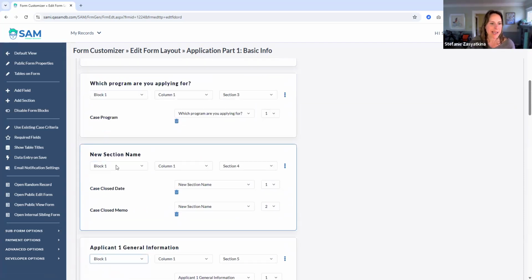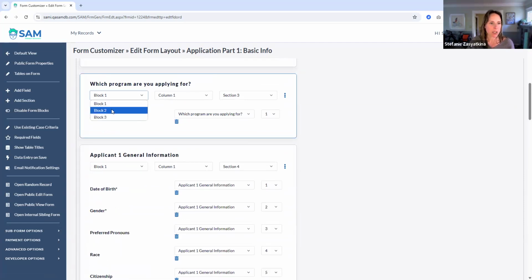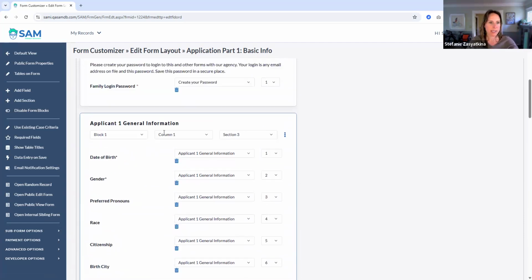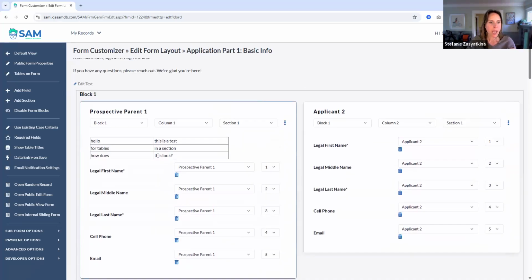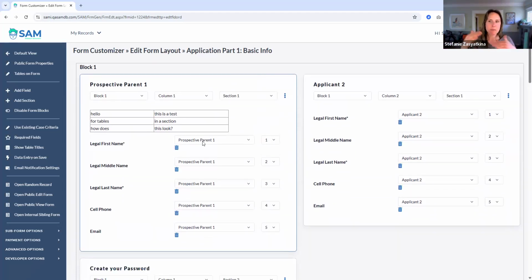So in this, I might drop this into block 2. And we'll see this applicant general information starts to move upwards, and where we can potentially set out these sections to be more, what's the word, just sort of laid out,